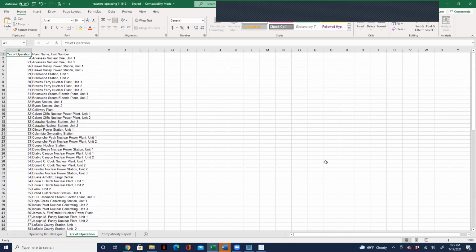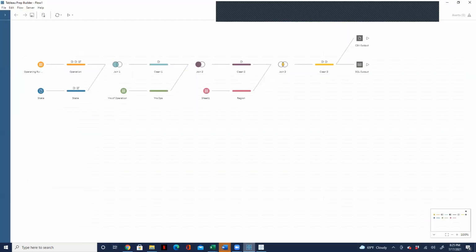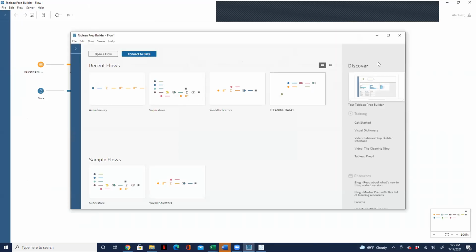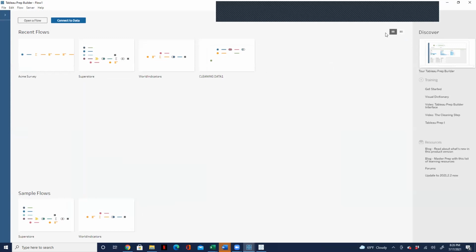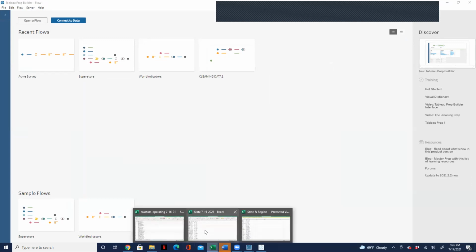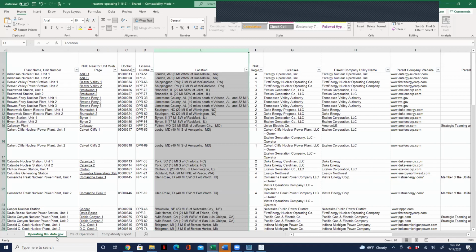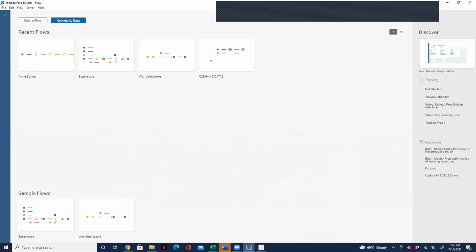Yes. Okay. So now let me go back to Tableau Prep and open another Tableau instance. Okay, so let me close this. So let's start from the beginning. Which of these files here is our main data coming from? It's coming from this operation rsdata.gov. So let's go bring that in.